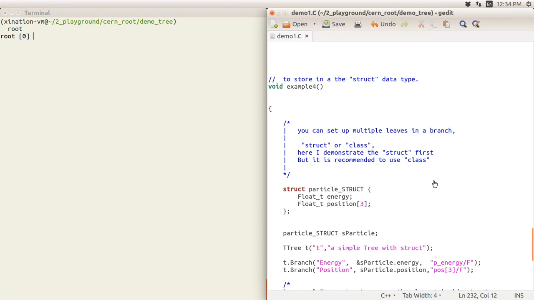Okay. In example 4, we'll discuss how to use struct. Struct is a keyword for declaring a structure. Use struct to store the data into the tree here. Sometimes you will see someone write code that uses the structure right into a root file or tree file here, but it's not recommended because